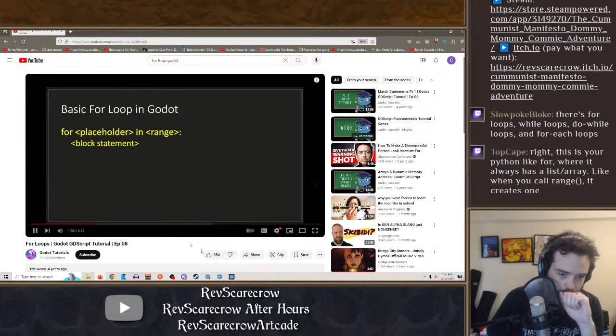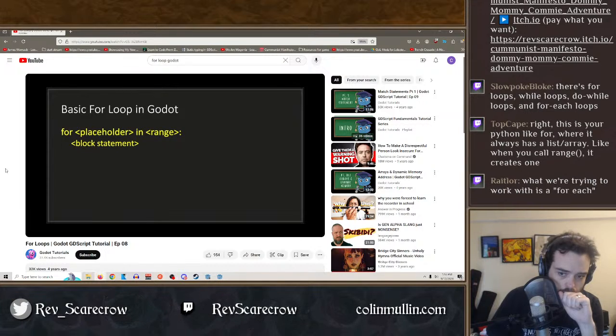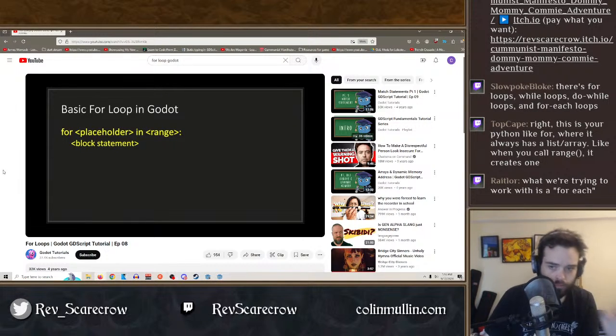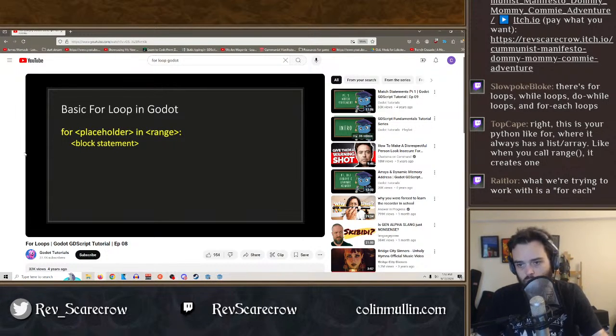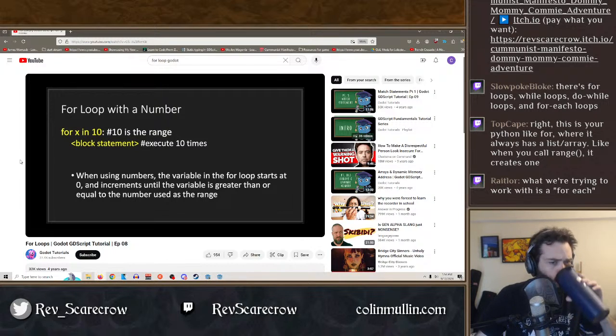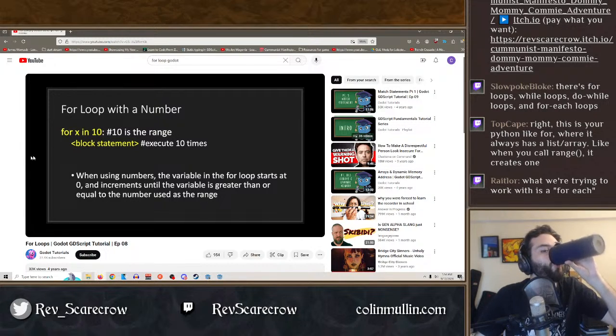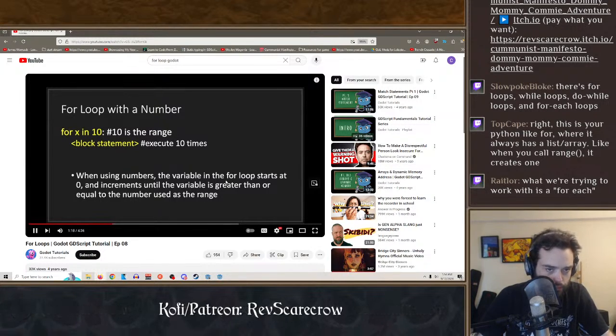A range can be anything from an integer to an array to even a dictionary. No matter what, the range is what determines how many times we're going to run the code inside the block statement. This is what a for loop looks like with a number. So you can see here we have a 4x and 10, 10 being the range. What this means is that our block statement is going to